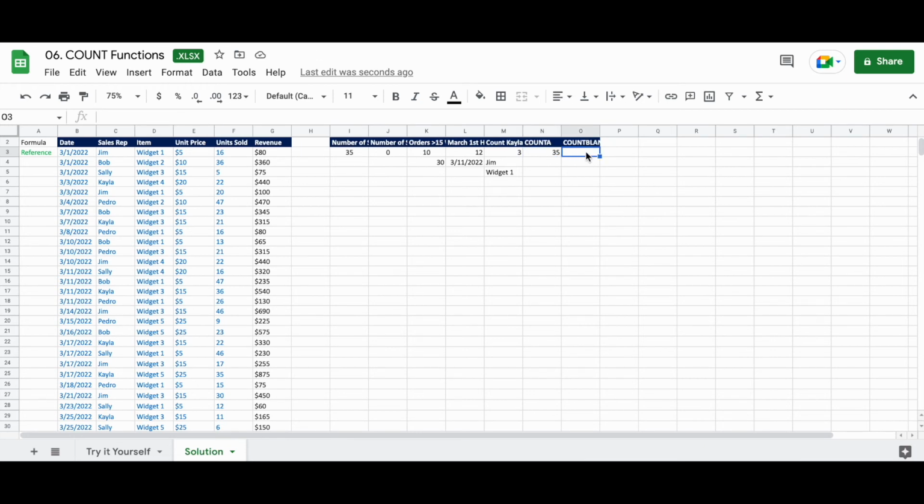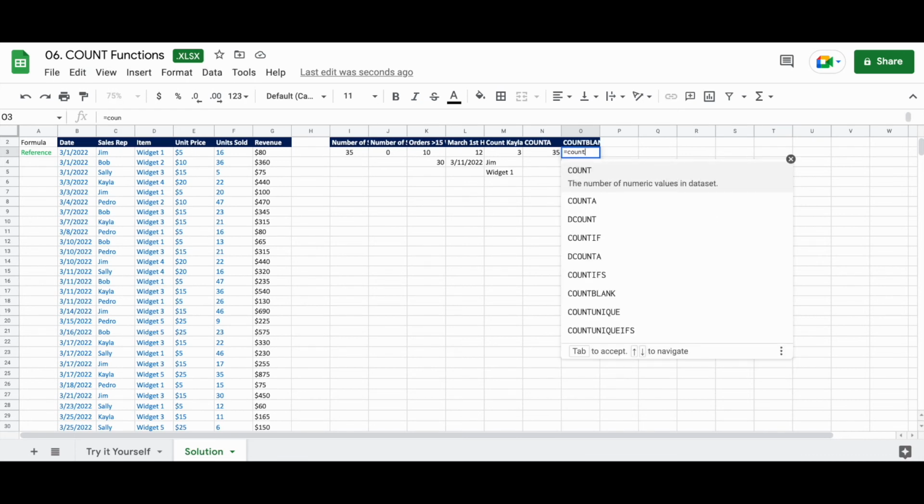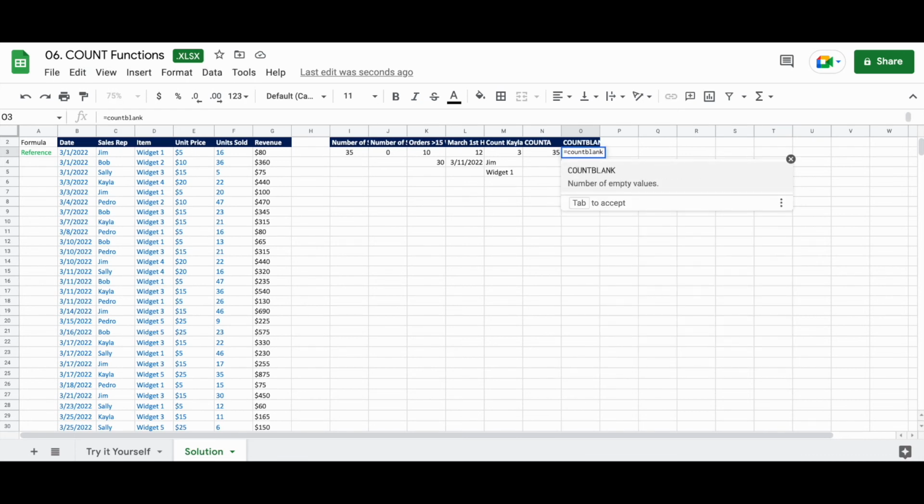Finally, we're going to look at COUNTBLANK. COUNTBLANK, which is very similar to COUNTA, only counts blank cells this time. So if we head over to O3, we're going to do equals COUNTBLANK, and if we do C3 through C37, we get the value 0.